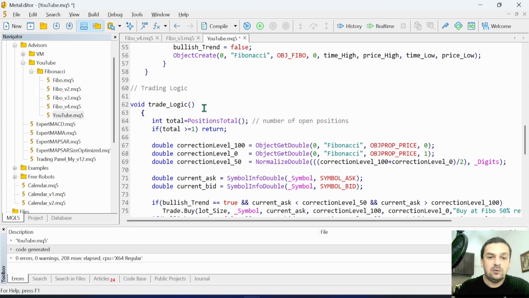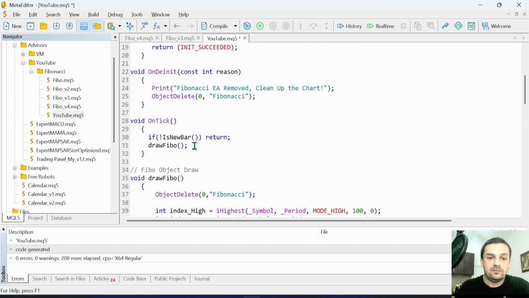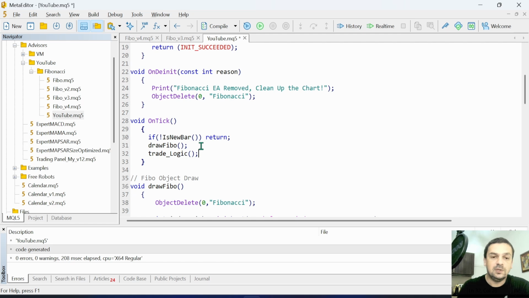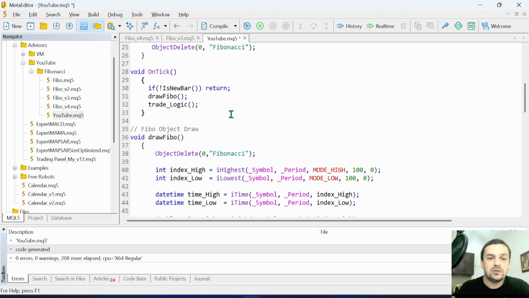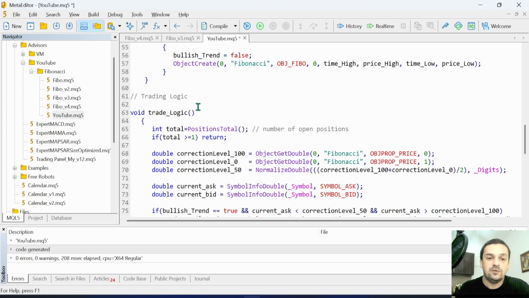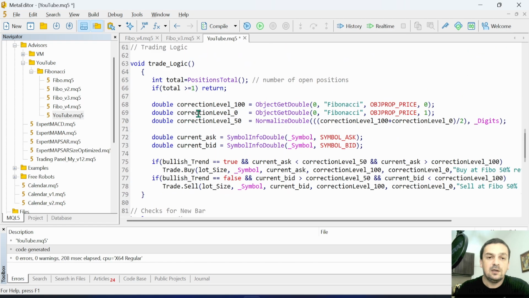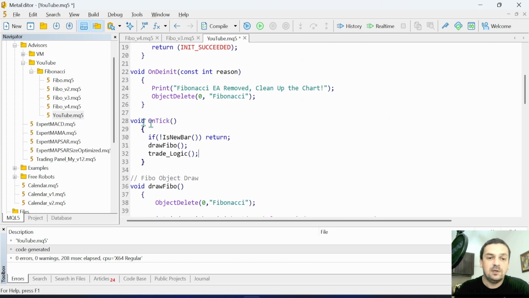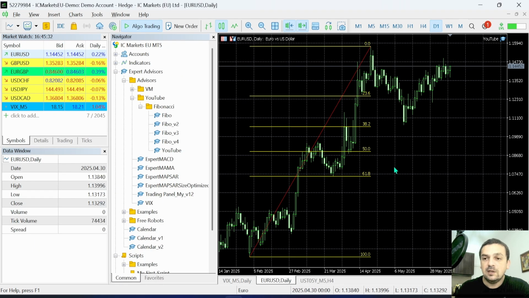Okay, so now I can add this function here to the onTick function. This is the best way to structure an expert advisor, in my opinion, to split everything into different functions and just to pass them inside the onTick function. Okay, let's compile this code, and what I want to do next, because I don't want to wait for a signal,